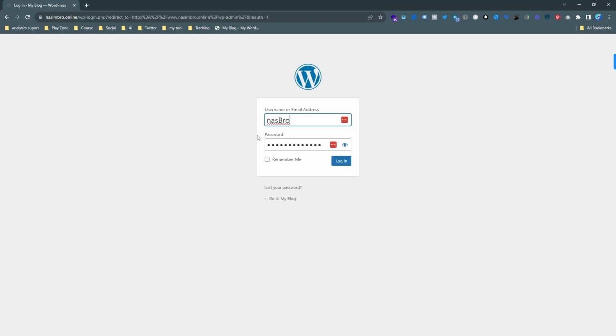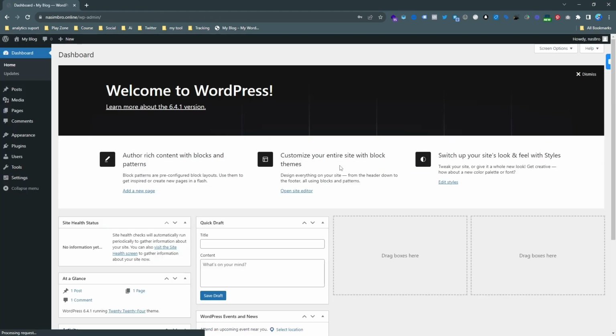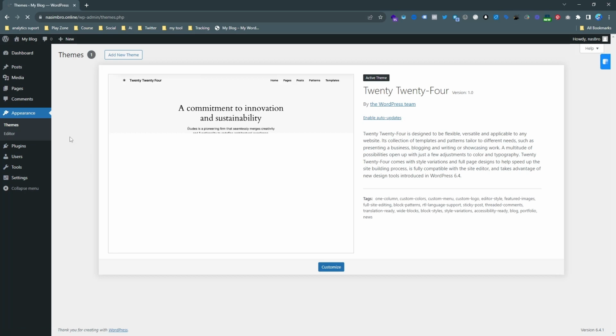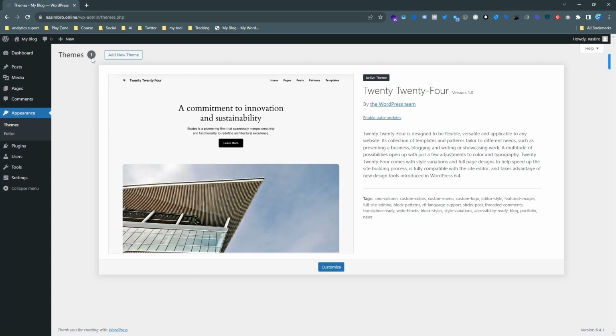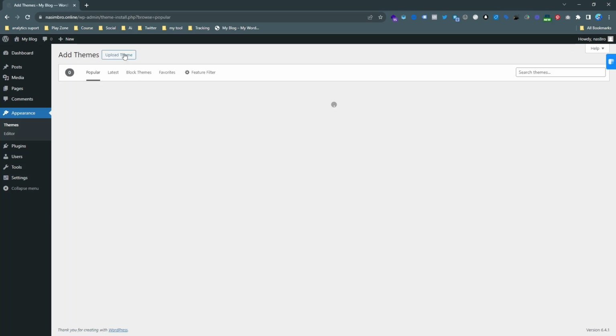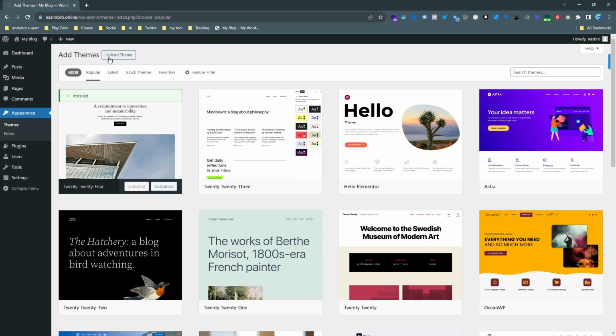And you need to input your user and password and then hit the login button, and then this is the dashboard of the WordPress website. And now we need to go to Appearance and then Themes, and then you can see a button which is Add New Theme. Just click on that and you can see a button called Upload Theme. This one is for if you have any theme that you already bought from another marketplace,